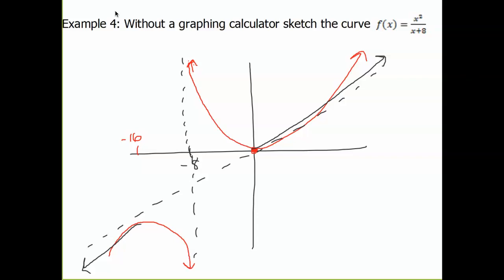So for homework, you're doing that concave up, concave down worksheet, and then